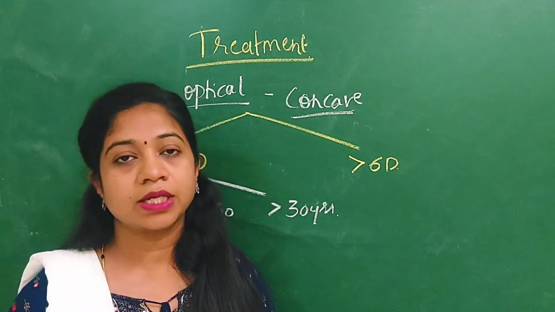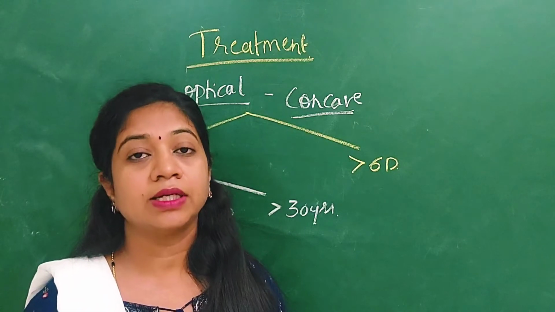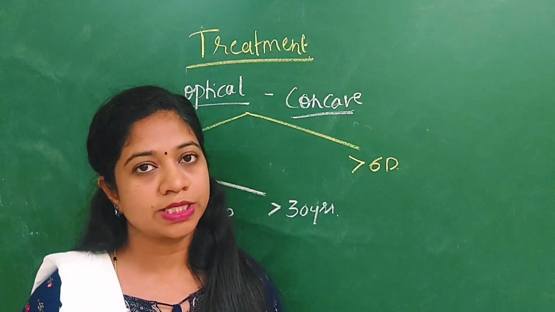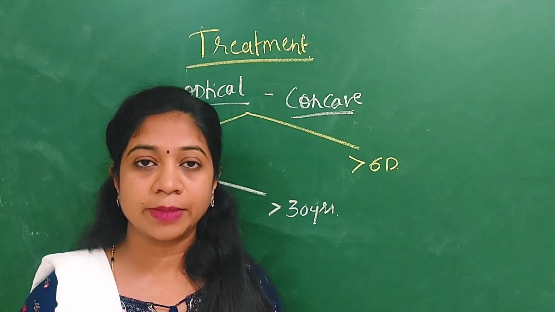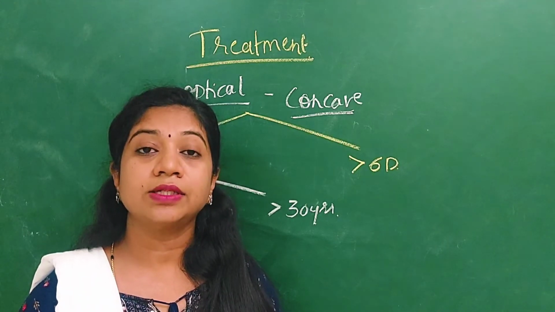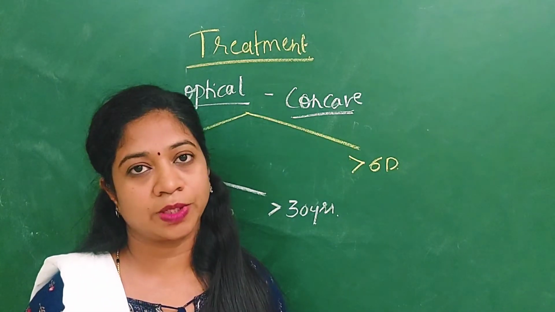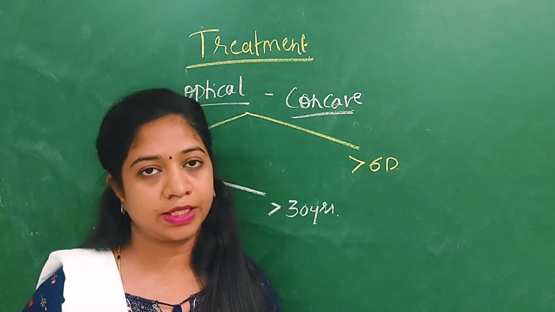The next is something called visual hygiene. That is nothing but the proper position of the patient has to be stressed, the illumination of the reading material has to be good, and even the print size of the reading material has to be good. All this will improve the reading ability of the child.